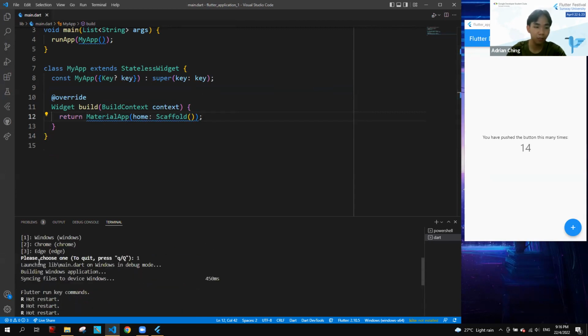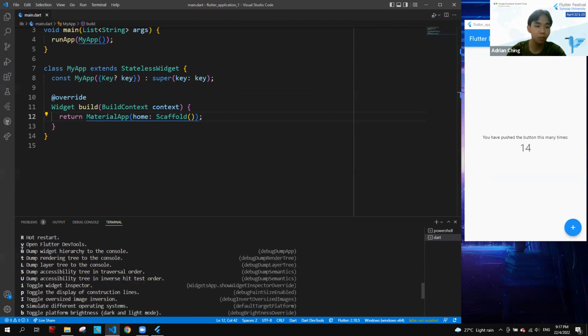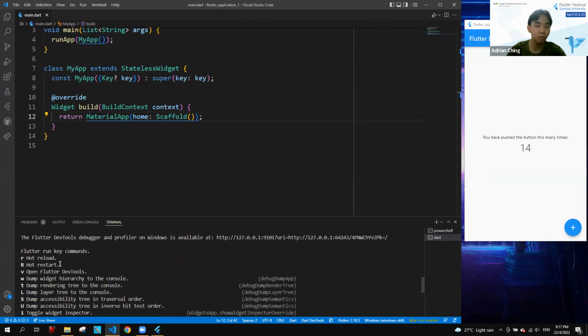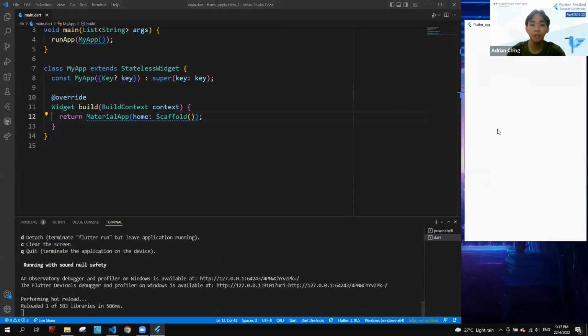And these are the different commands, by the way. You can see if you press H in the terminal, you can see all of these different commands. But we are going to only focus on these two, hot reload and hot restart. If you are using Chrome, you only have hot restart, but it's okay. It's just a little bit slower. So let's press R in the terminal. And now you see a blank screen. That's basically these two right here. So the Scaffold will be the white screen, and this debug banner will be something in the MaterialApp.